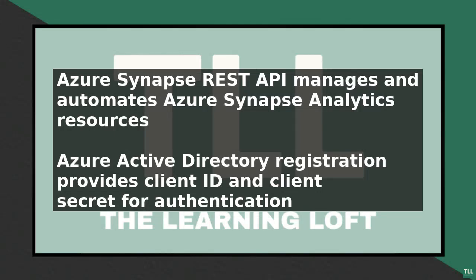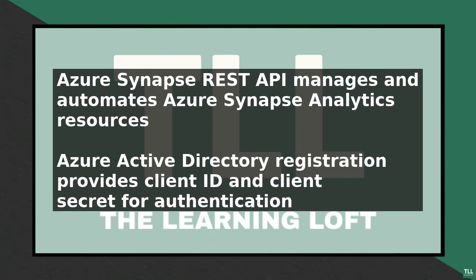Azure Synapse REST API is a powerful tool for managing and automating Azure Synapse Analytics resources. To get started with the Azure Synapse REST API, you need to register an application with Azure Active Directory and grant the necessary permissions. This will provide you with a client ID and client secret, which you can use to